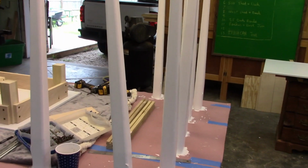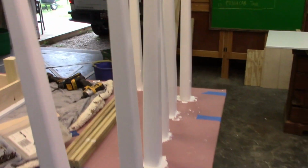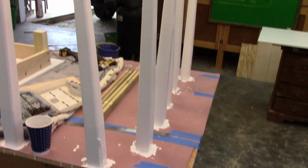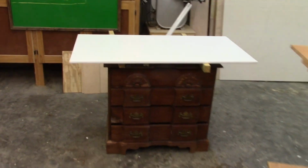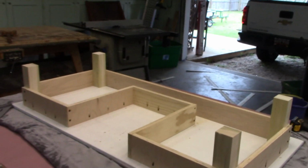Well, I got the legs painted. What I did is I screwed them to the top of that workbench, make them easier to paint. And I got that top over there painted, and I got this top over here painted, and I put together